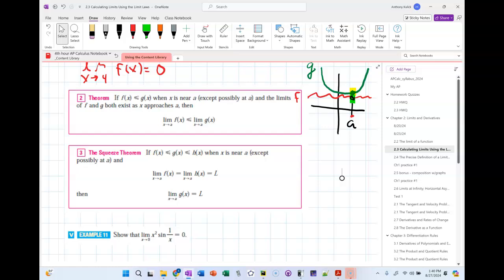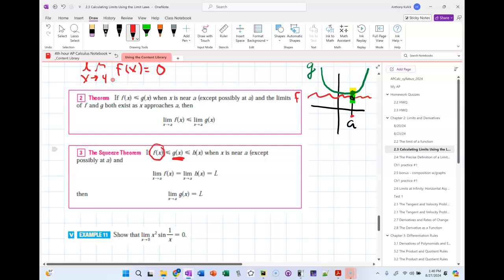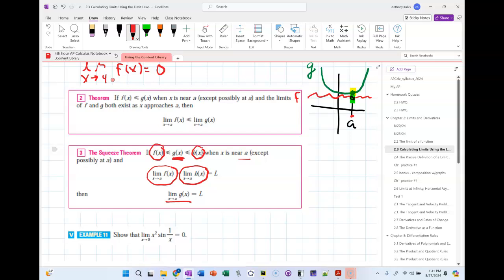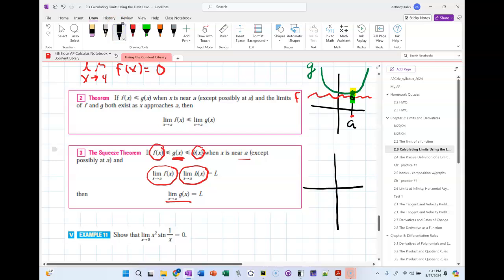So what the squeeze theorem says: if we're looking for the limit of g, if I can find a function that's less than g and a function that's greater than g in that neighborhood of a, and the limit as x approaches a of f is equal to the limit as x approaches a of h, then the limit as x approaches a of g also has to be the same as that for f and h. So pictorially, what we're saying is,